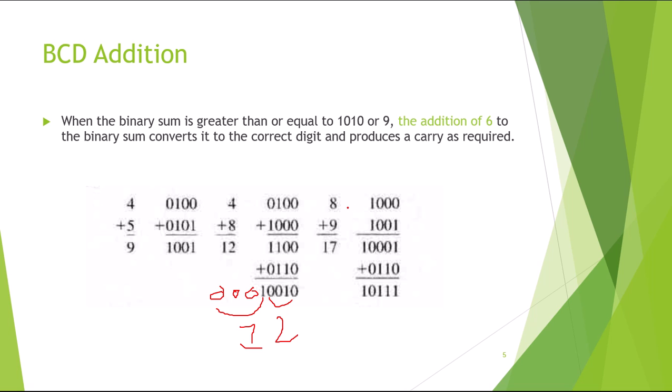Now again, let's see another example, that is 8 plus 9. Again, we'll take BCD of 8 and 9 and then add it. Now the answer is 10001. This is binary of 17. But as I mentioned before, in BCD code we don't take binary. In fact, 17 is considered as 2 different digits, and it should be written as